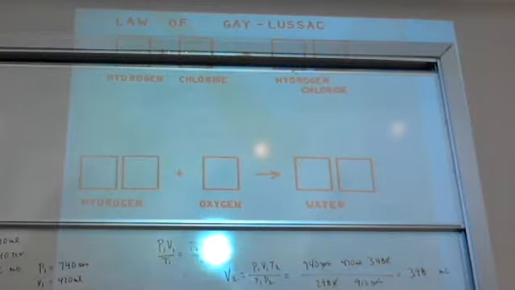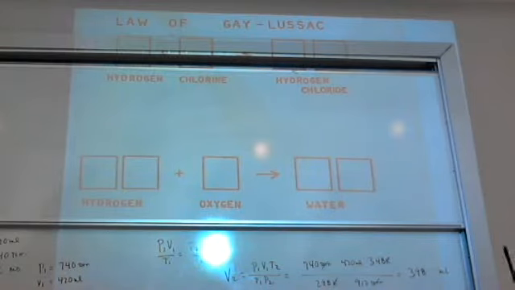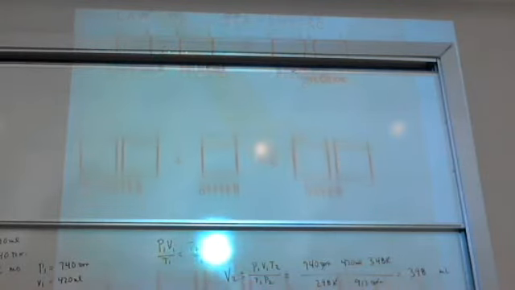He took 2 volumes of hydrogen, 1 volume of oxygen, put them together, they reacted, and instead of making 3 volumes of the product, it made only 2 volumes of the product, 2 waters. And so this really blew their minds. How could this happen? The first one, very logical, very straightforward, expecting the same thing to happen for the second example, not the case. And then he tried a third example,